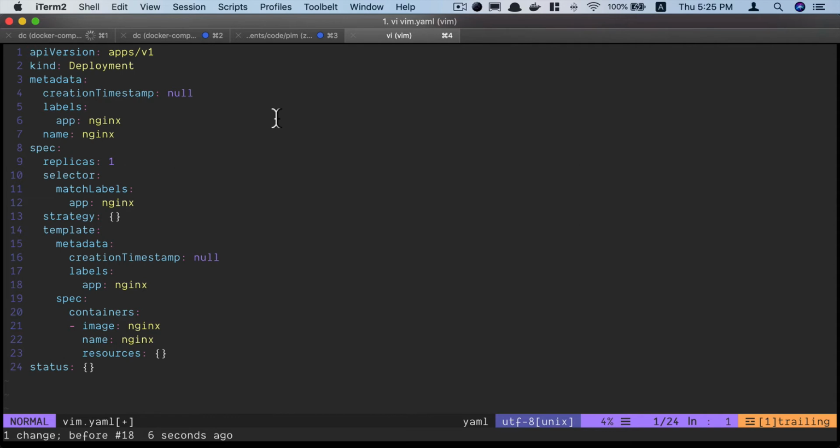So I can enter into visual mode using V, and I can use our same motion keys. So L for right, J for bottom, K for up, and H for left. Likewise, I can also use the numbers. So let's say I can select 5 characters from here, 5V, and it selects 5 characters.